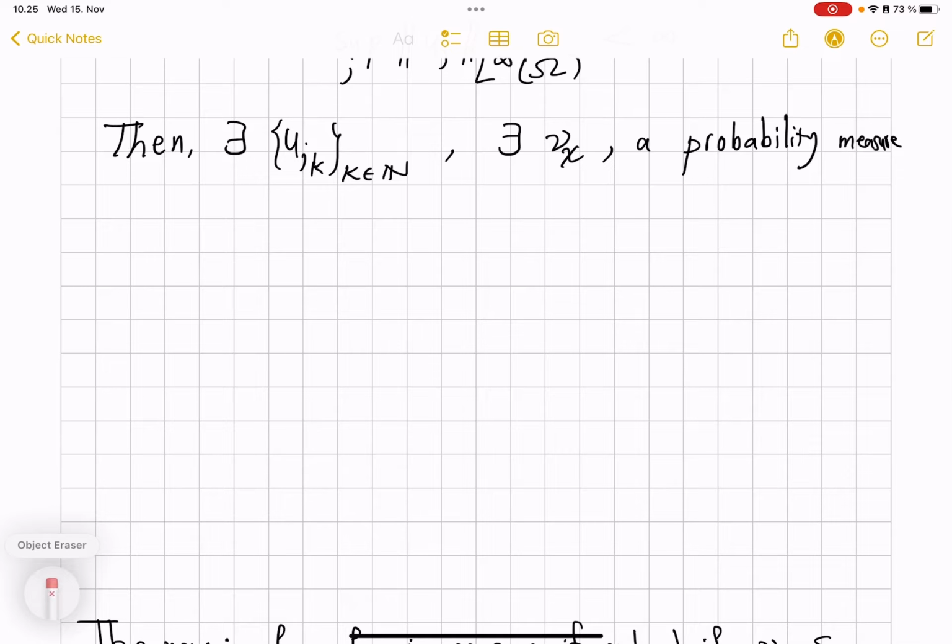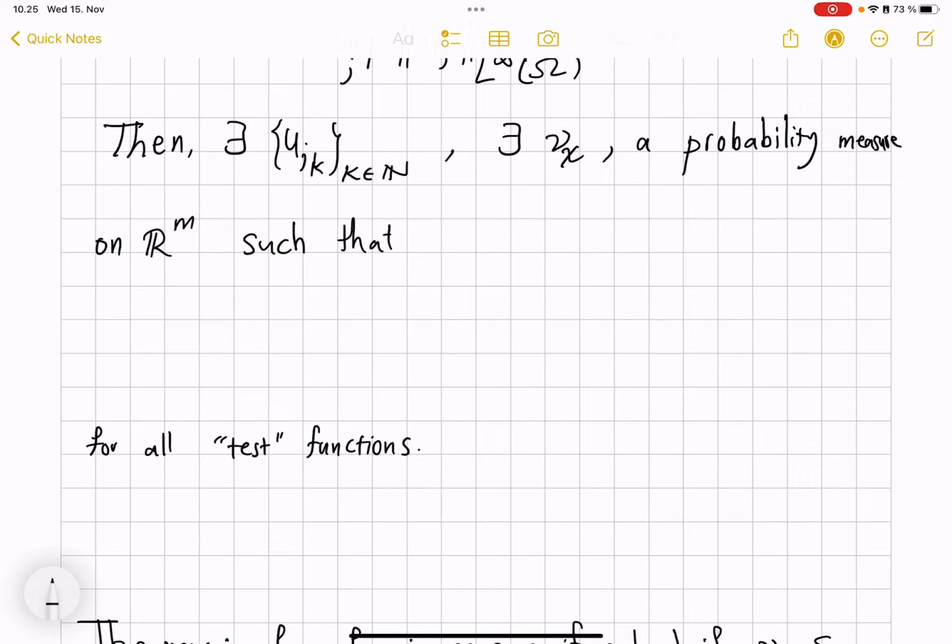So these are measures on Rm, the target of your functions, such that... So remember, the idea is to compensate or find an alternative for convergence when there is no convergence. So we will write a condition and we will require that for all suitable test functions from a big class of functions, for example, it must include compactly supported continuous functions,